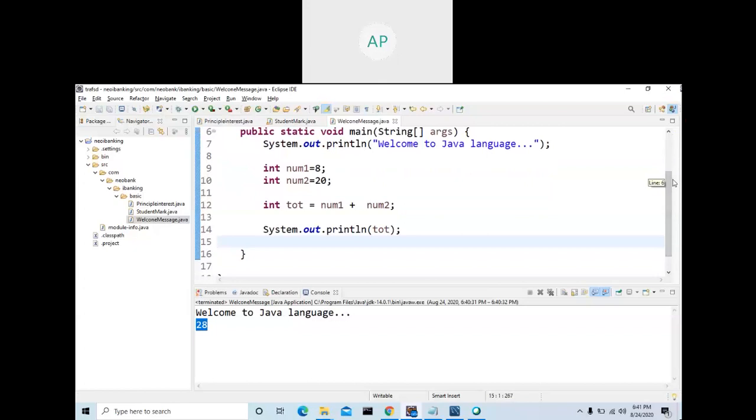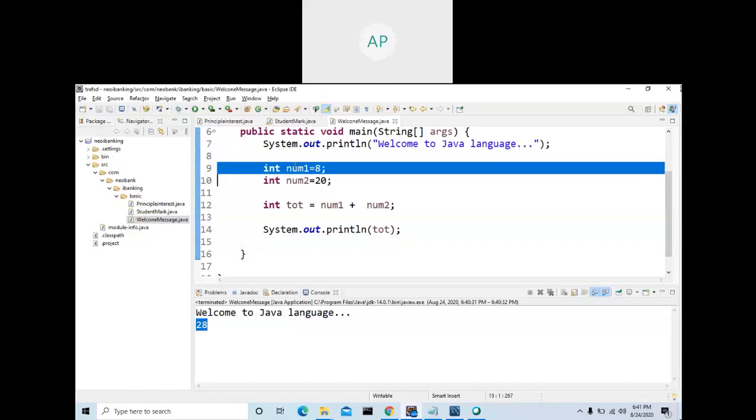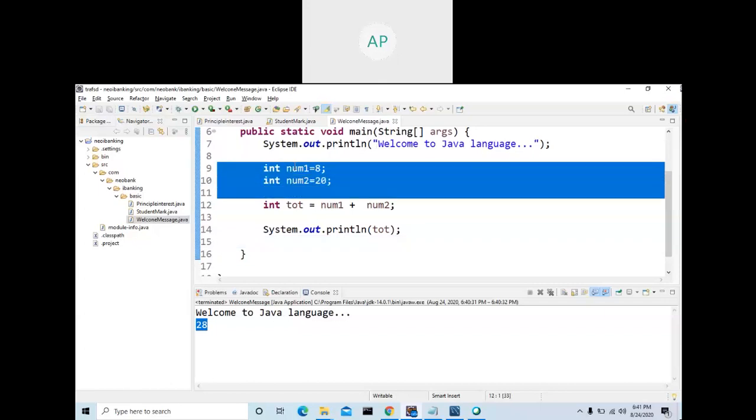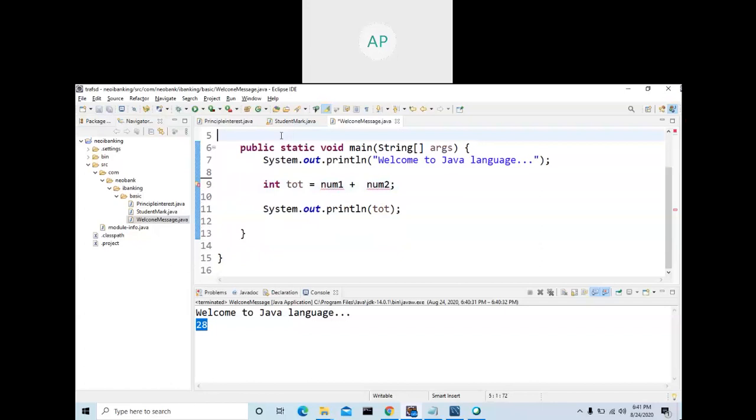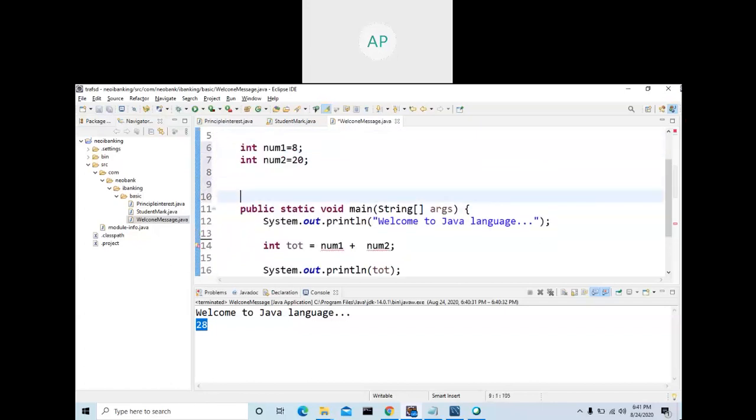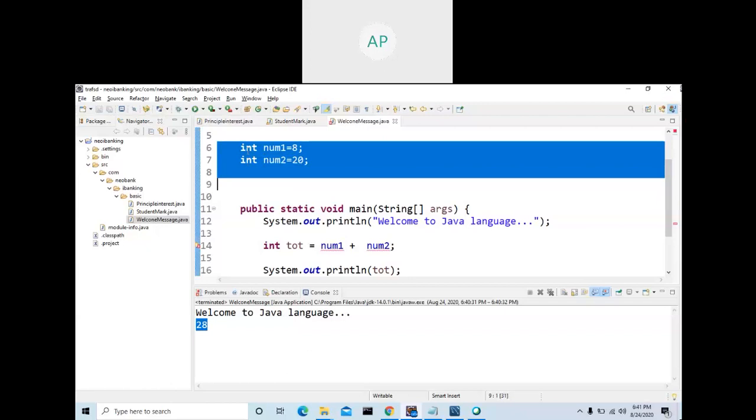All your instructions should be inside your method. But variable declaration can be inside or it can be outside. Cut the variable declaration and paste it inside, no error. So this one there is an error. I will let you know why it is. As of now, leave it.